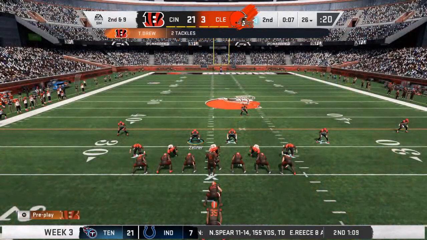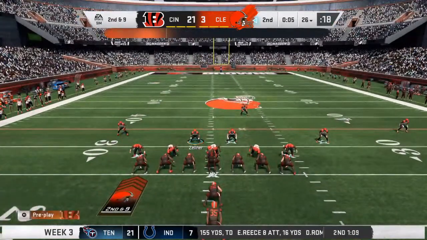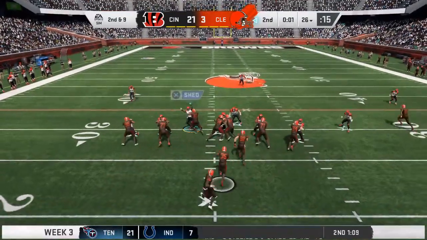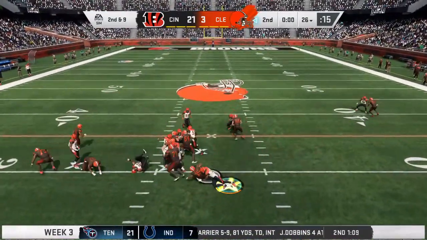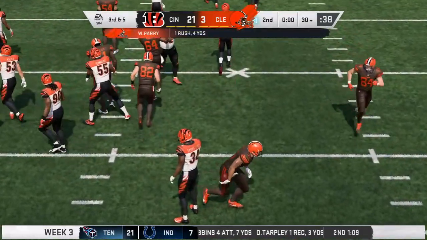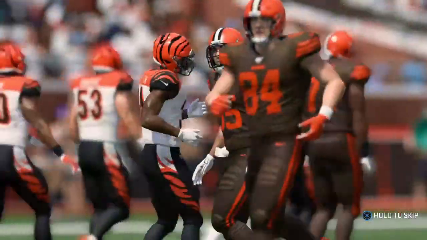So how do they adjust the weight? How do they make it work for them? How do they work against it? That's what we're going to find out going forward. Yeah, they'll be trying to get all that weight off his shoulders here on this drive. And he's going to be taken down here as that will lead us to the end of the first half